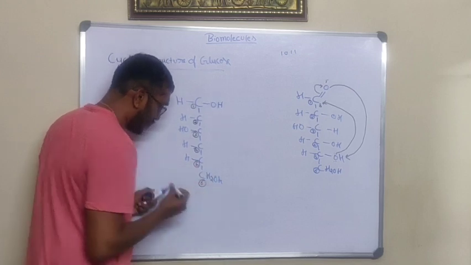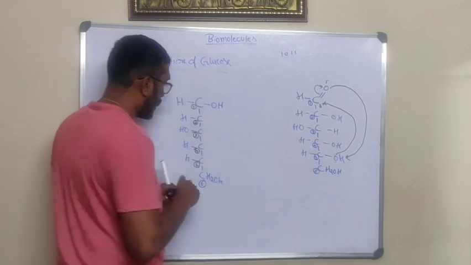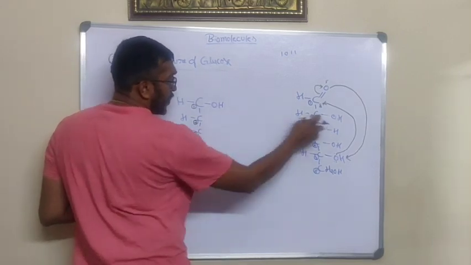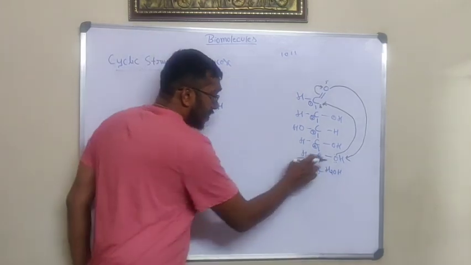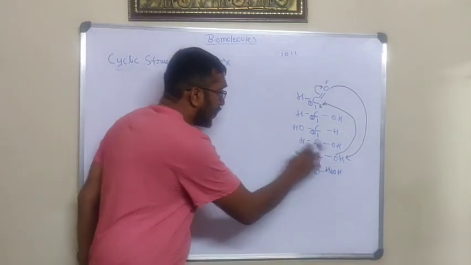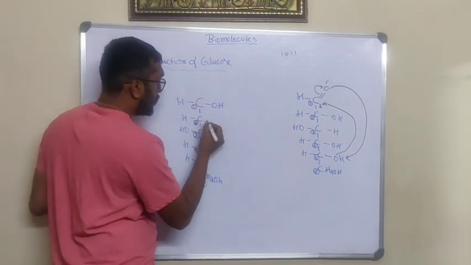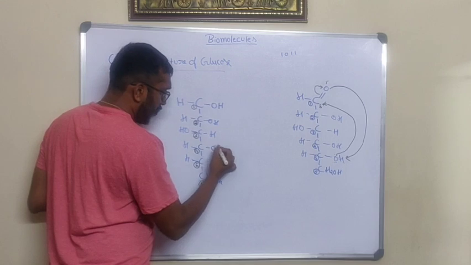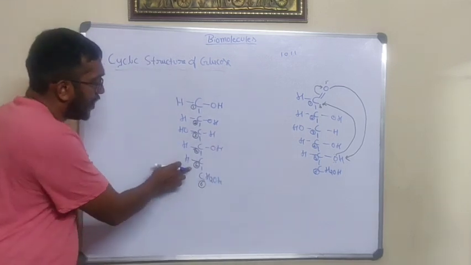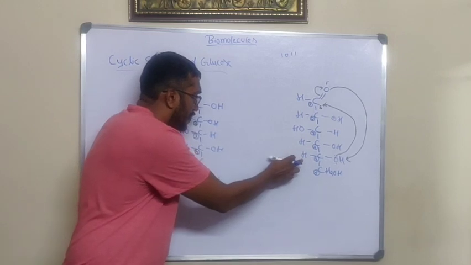So listen carefully, students. Don't get confused here. Second carbon, so we have done an alteration. In which carbon has it taken the alteration? Fifth carbon. So till the fourth carbon, we can write it easily. H is there means OH. OH is there means H. H is there means OH. Wait. In the fifth carbon, hydrogen is there. Yes, perfect. Hydrogen is there.